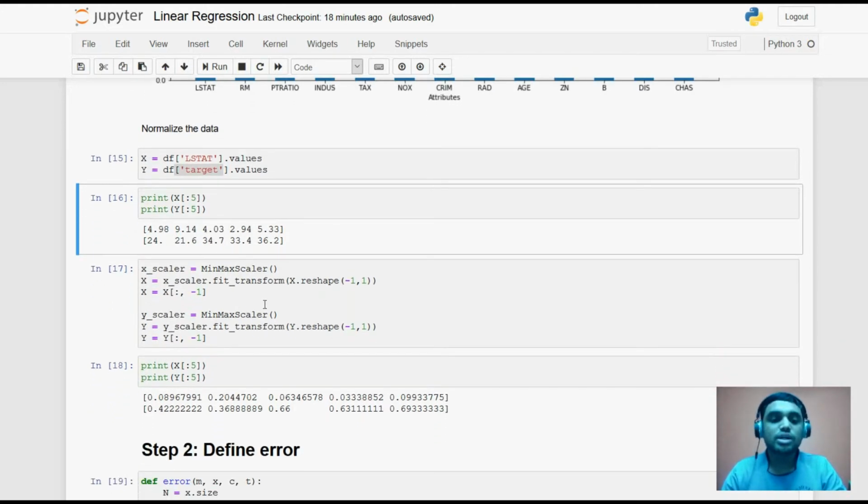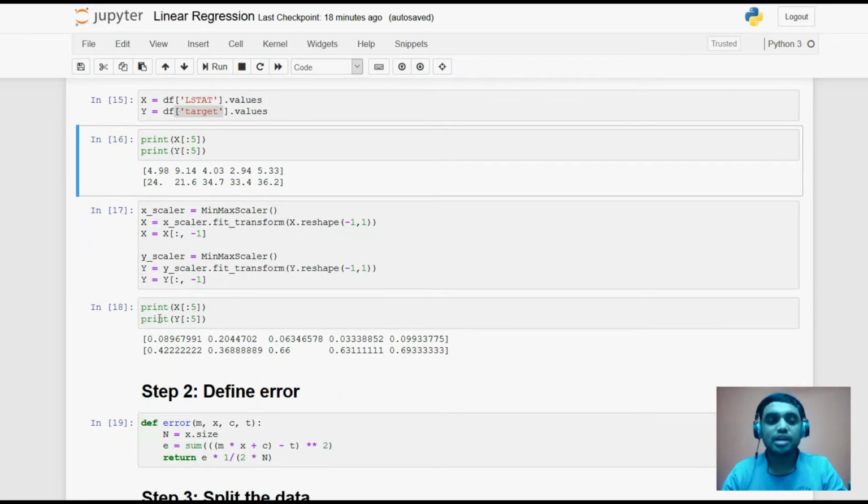Now it will be very difficult for a model to process this raw data. So to obtain accuracy to the highest limit, we can normalize this data. Using the min max scaler function and fit transform, I'm going to normalize this data. After normalizing, I'm going to print it.